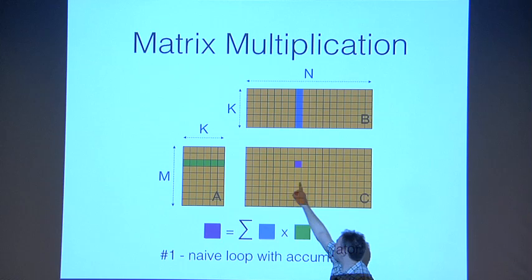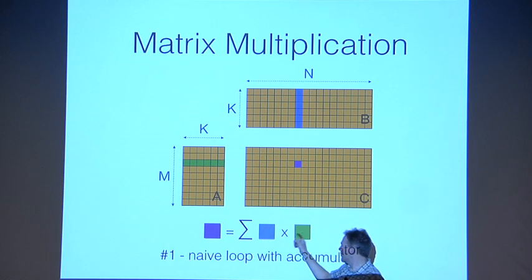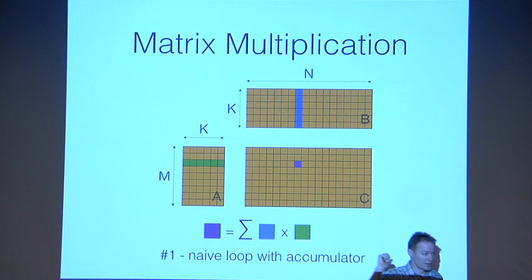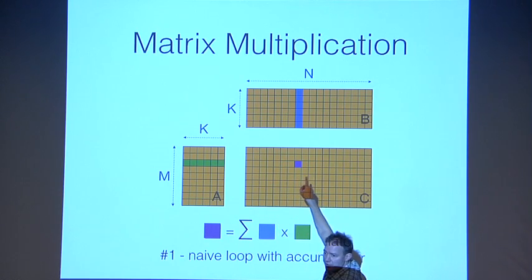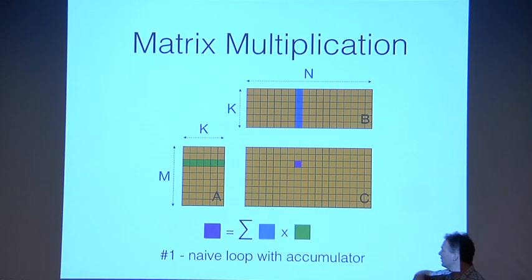There's going to be a thread per output element in the output matrix, and each thread just loops over each of the elements in its row and column of the two inputs, multiplies them together, accumulates the result, and then writes it back. That's the most basic matrix multiply. Each iteration of the loop goes to global memory for each of these, so there's no optimization there at all. And this is just what he starts to build off of.